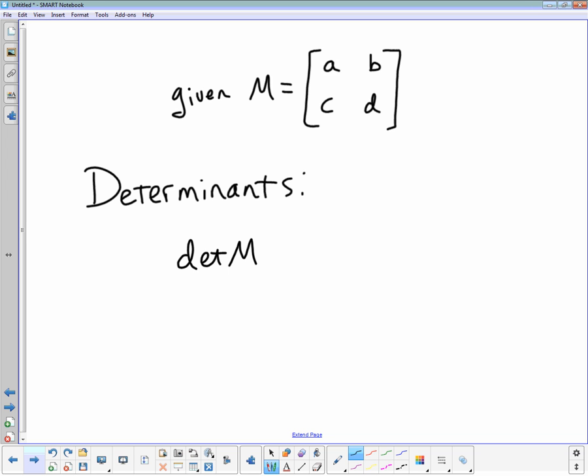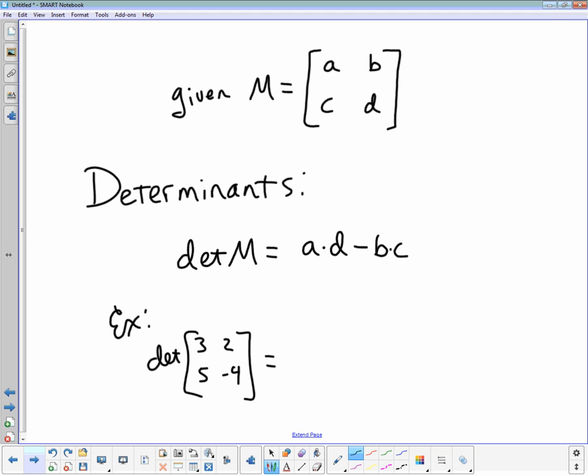The determinant of matrix M is equal to A times D minus B times C. So, for example, would equal